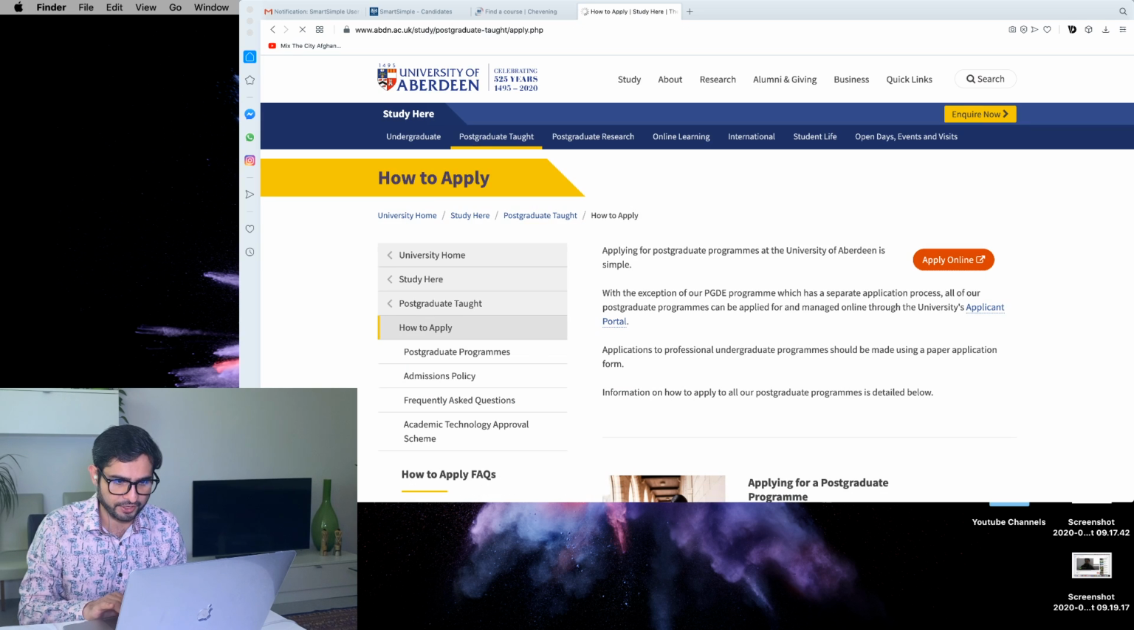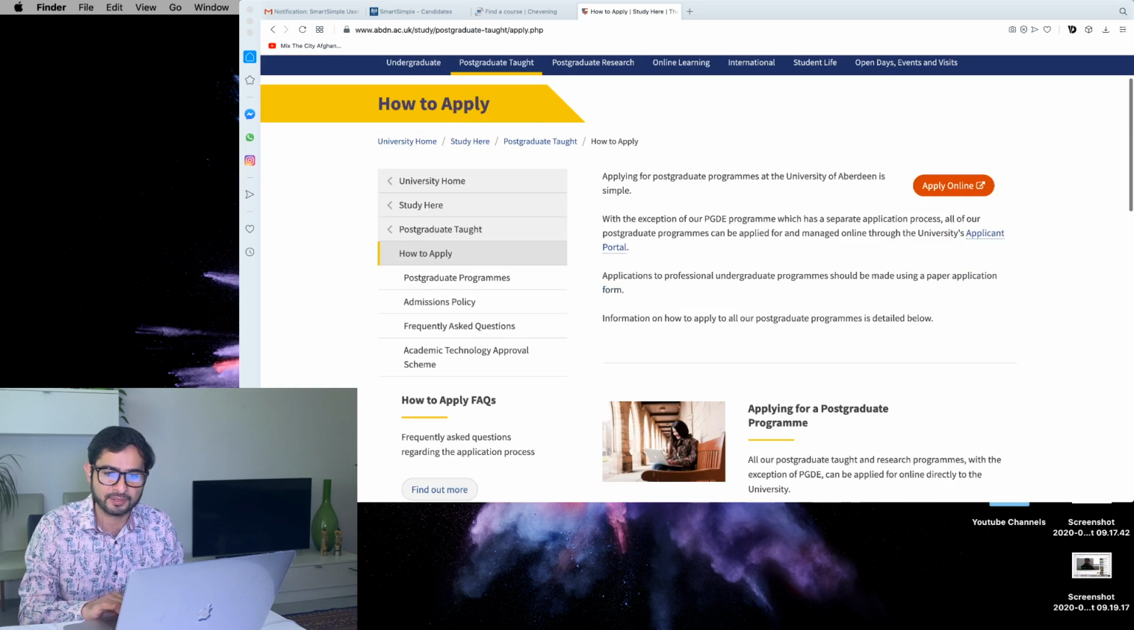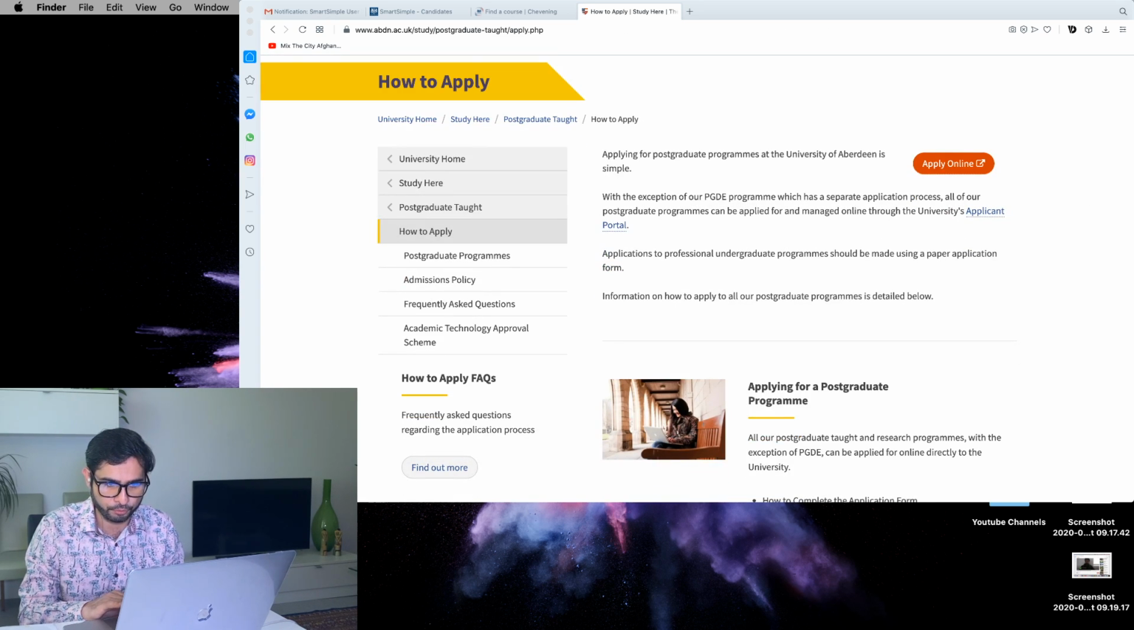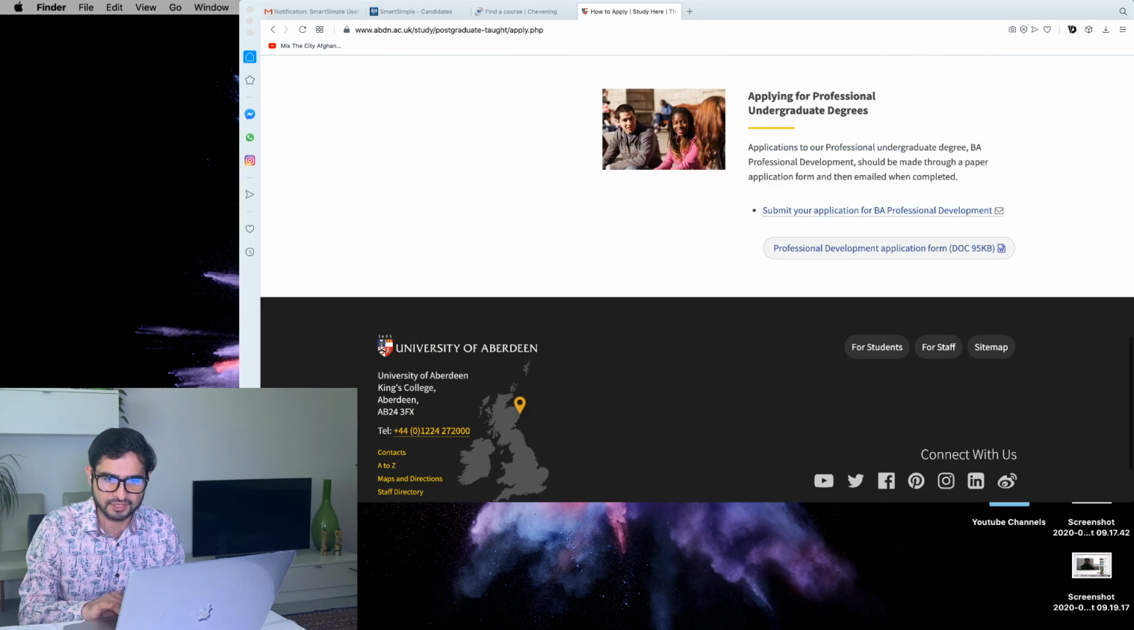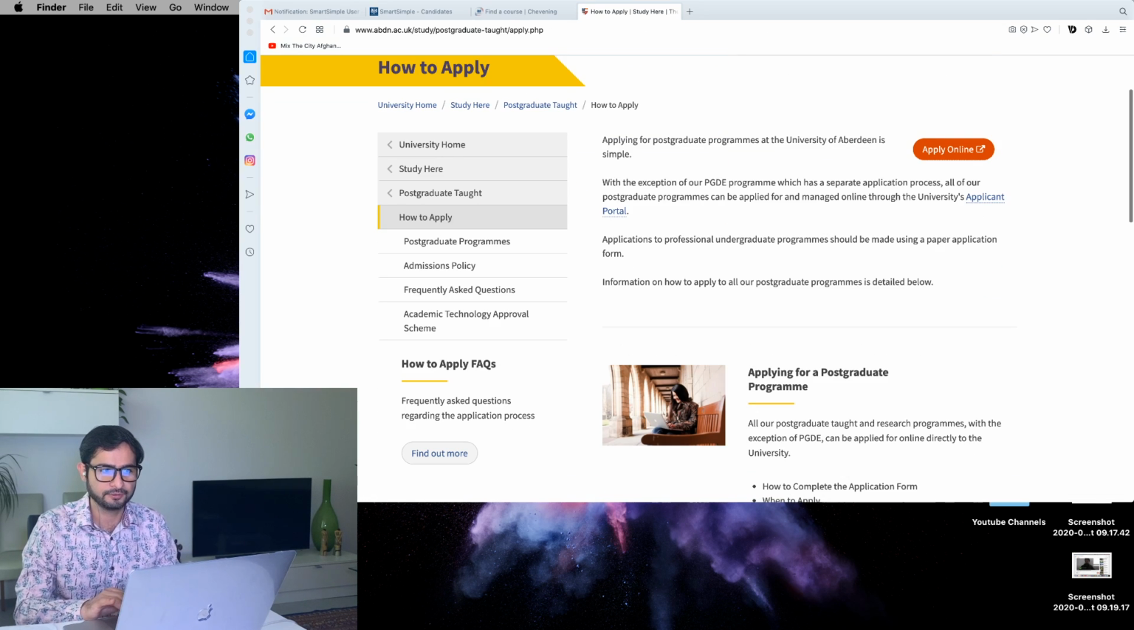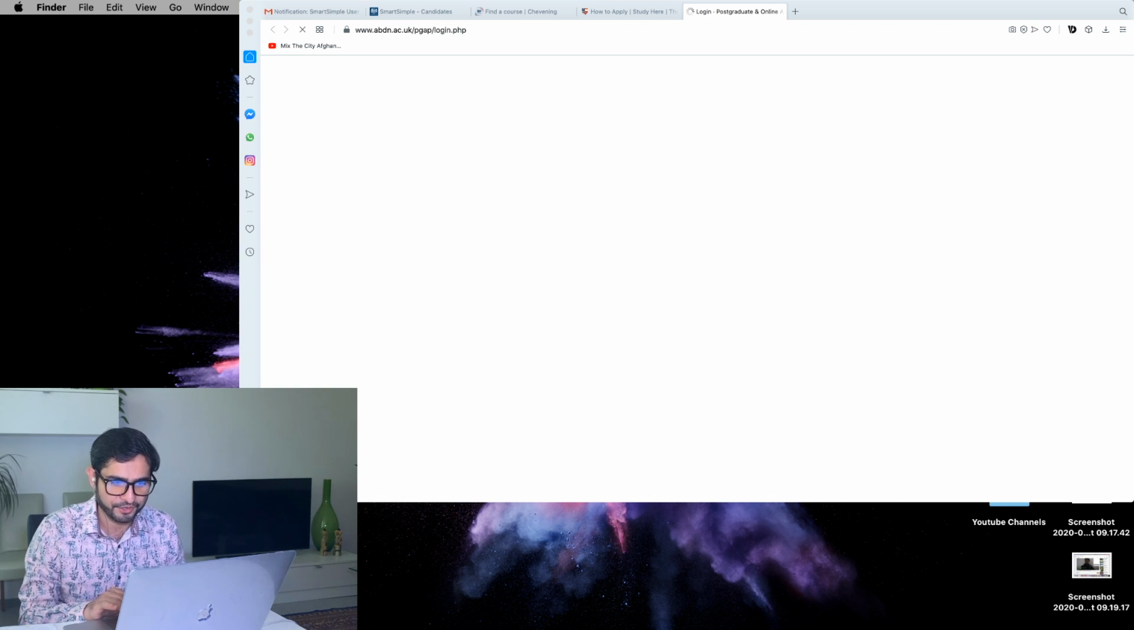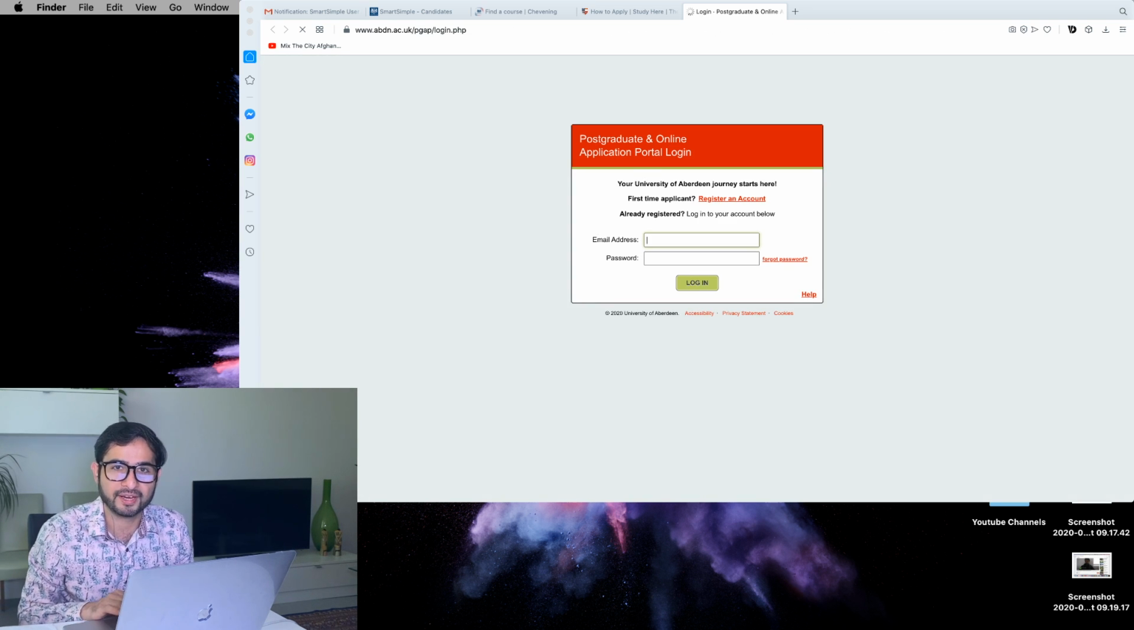And here we go. Okay, applying for postgraduate programs at the University of Aberdeen is simple. Yes, that's true. Okay, here are more details. We don't need to study anything. Apply online. Here we go. We need to create a new account in order to